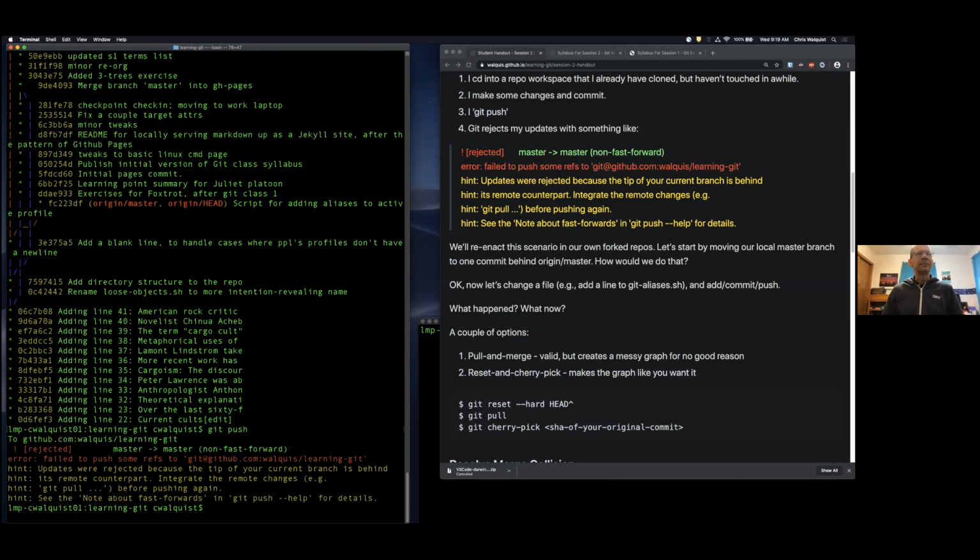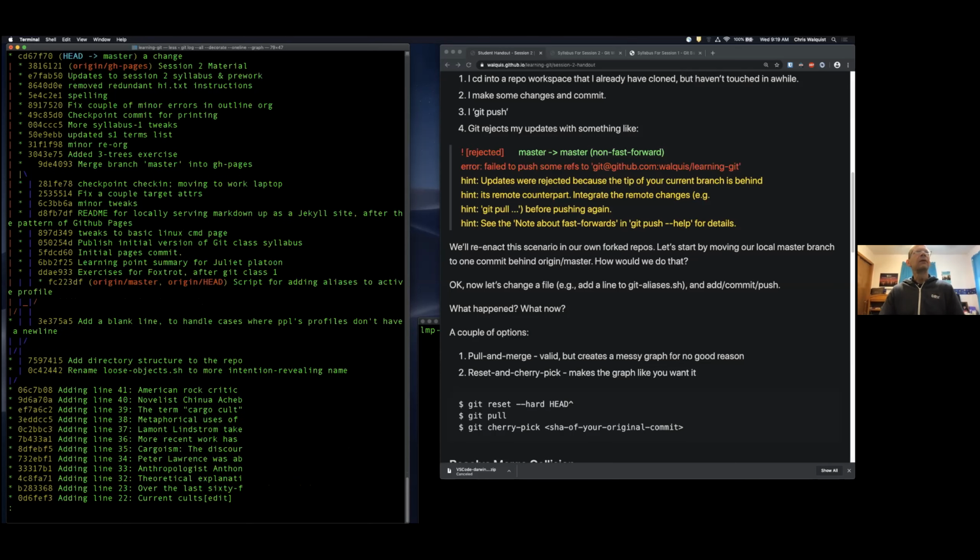But yeah, so what now? We don't want to throw it away. That's what I did last time, right? I don't want to throw that away. I want to keep it now. So I could do a git merge, or git pull with a merge. Let's try that. If I do a git pull now,